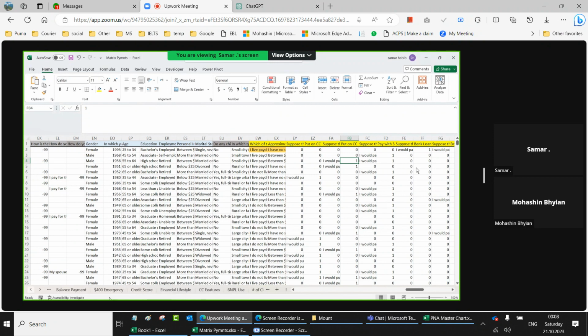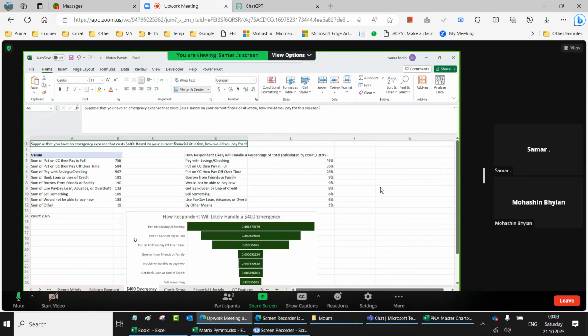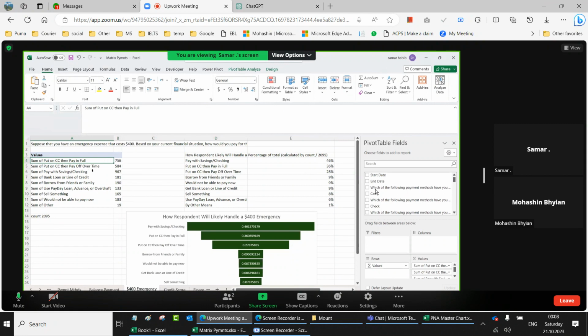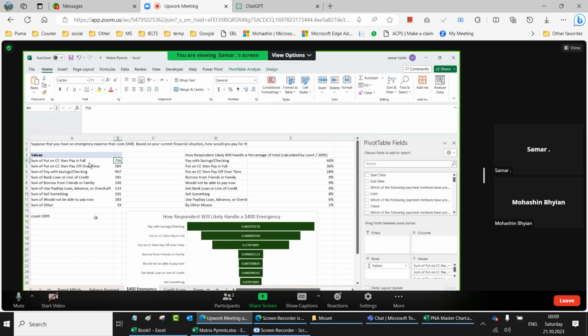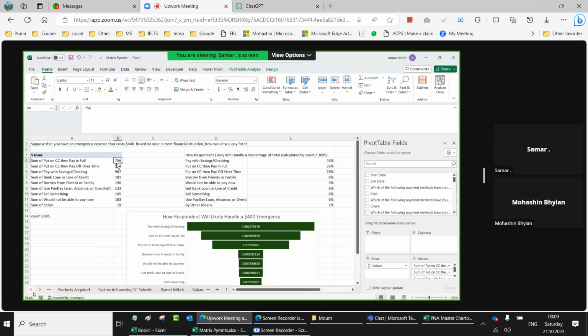So in every other case, all I needed to do, this gives me the count, and then I want to convert the count to a percentage, right? Easily. So in the pivot table count,